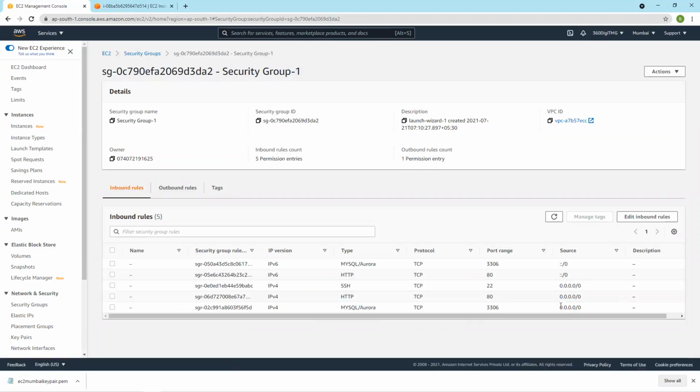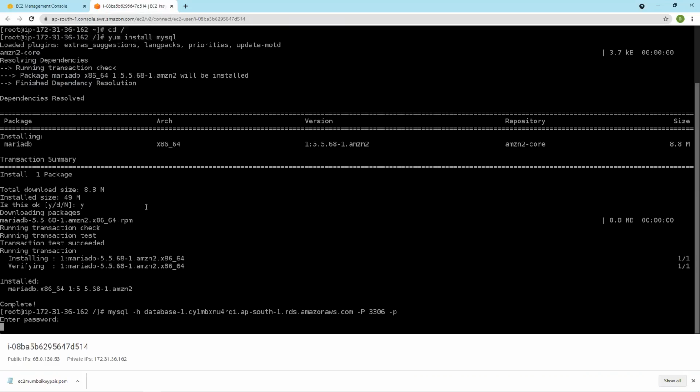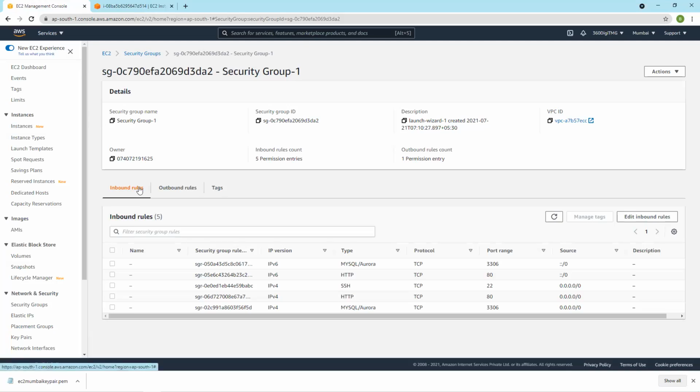Since we have made it a public instance, we have given internet and the inbound rules here. And go to RDS and check once.